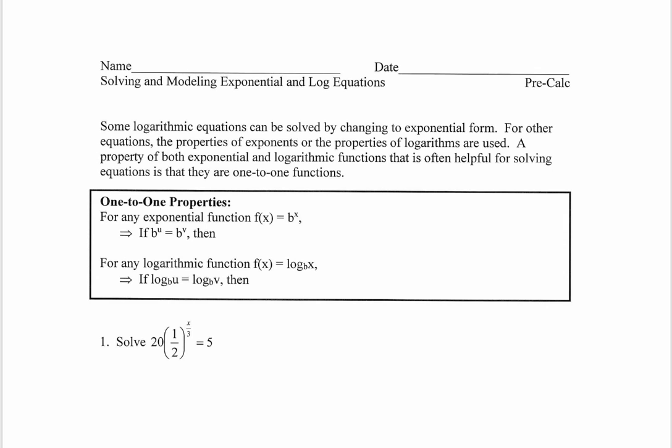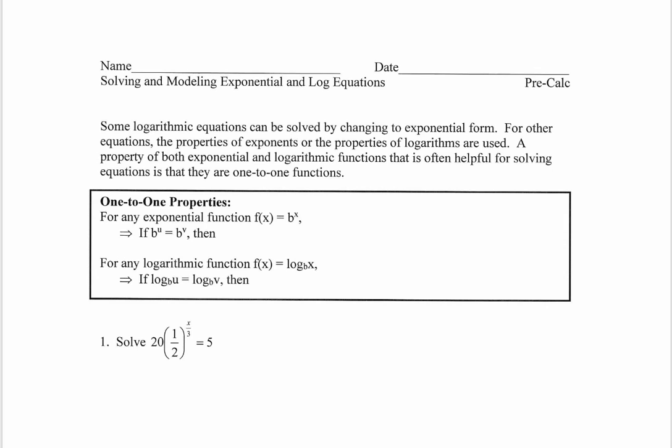Once you finish up with this, you'll have the rest of class to work on some practice questions again. Some things that are nice when we're solving with logs is that we can switch back and forth between log form and exponential form. The properties of both apply in those situations. A nice thing about exponential functions and log functions is they are one-to-one. So remember, that means that each input has a unique output. And that helps us out because as long as we have the same base on both sides, then we can figure out some things that are also going to be equivalent.